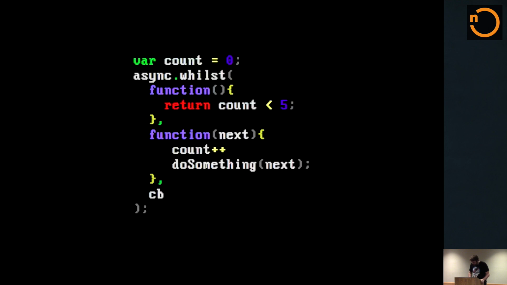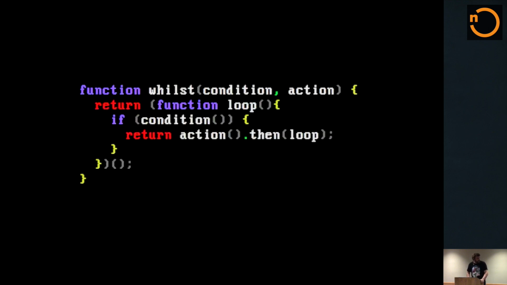Another big one that we tend to use all over the place is whilst. So here we're passing in two functions and then a callback. Sorry, that's three functions, I guess. The first one will be your condition, right? This will be executed each time it loops, and if it returns true, then it'll go into the next function, execute that, do something asynchronous, and then call the callback that's passed in. All right, so that's cool, but we definitely want a promise version of this.